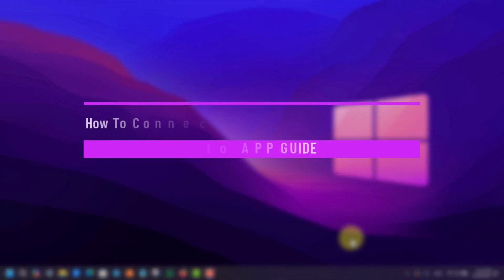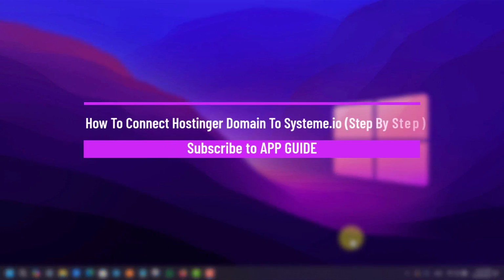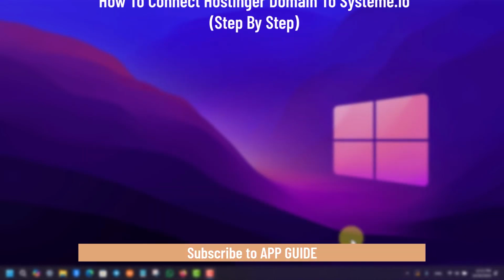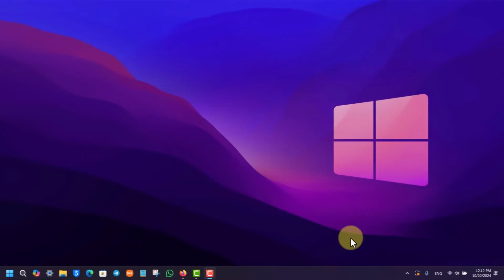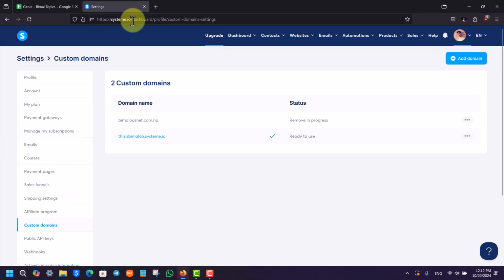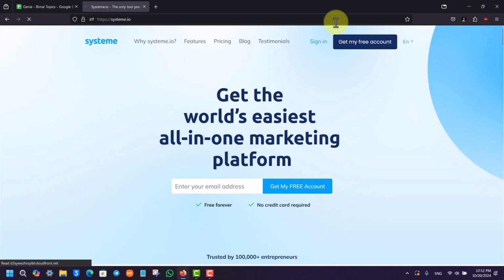How to add Hostinger domain to systeme.io. If you want to add a Hostinger domain to systeme.io and maybe link the DNS configuration as well, all you have to do is simply open your browser, go to systeme.io, which is the official website right here,